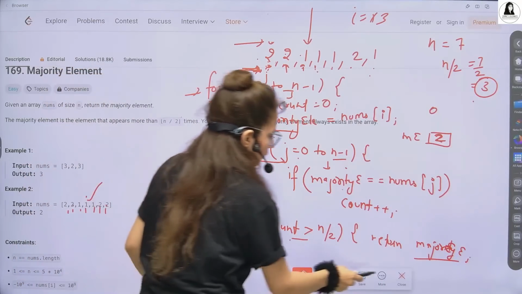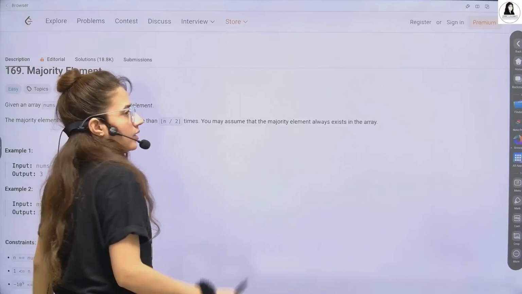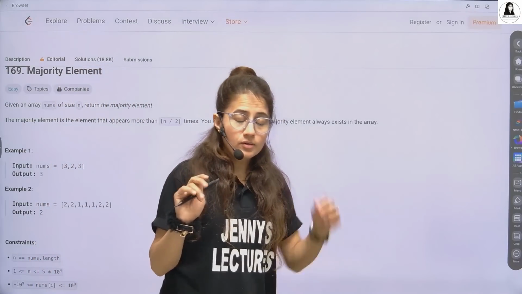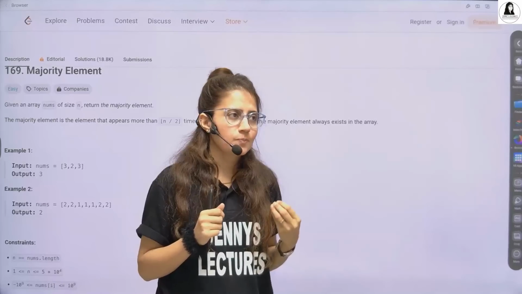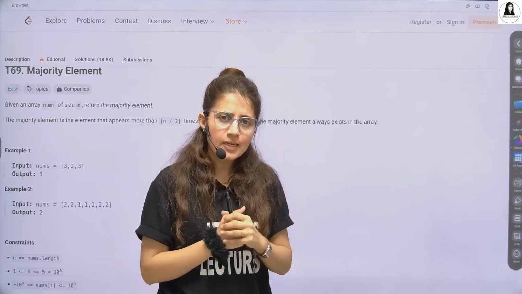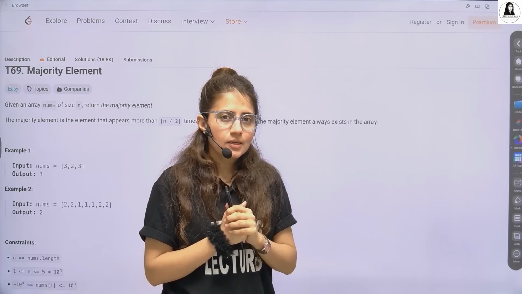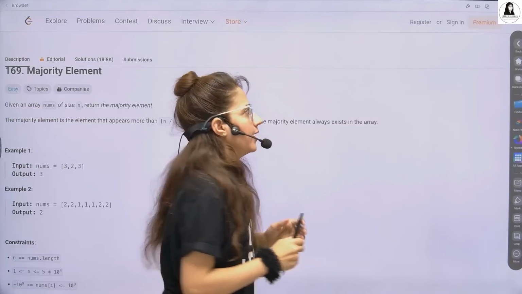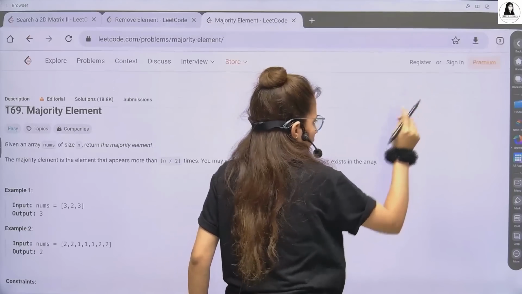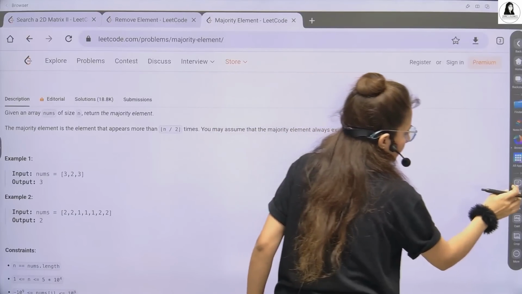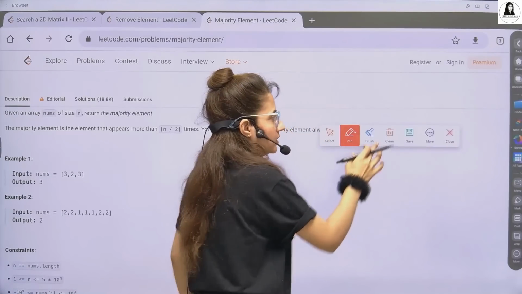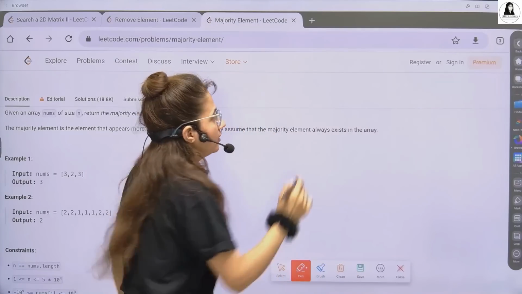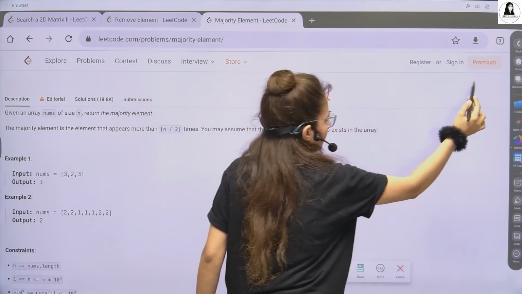Now let's go for the next approach. One thing we can do in the second approach, a little bit better solution, is we can first sort the array. Yes. And whenever you sort the array, then if in this array the majority element exists, then there will be two or some cases that